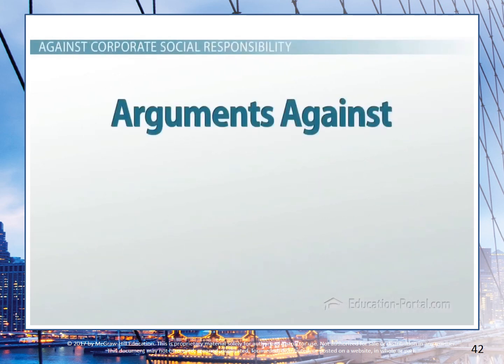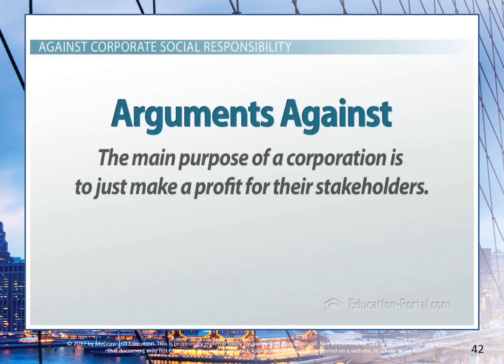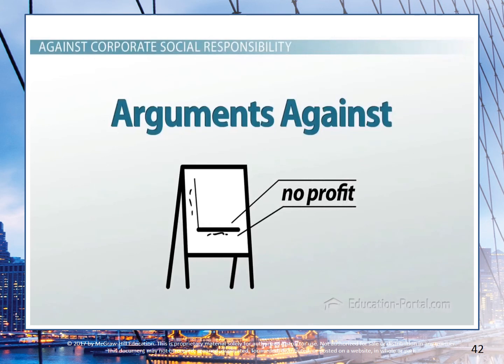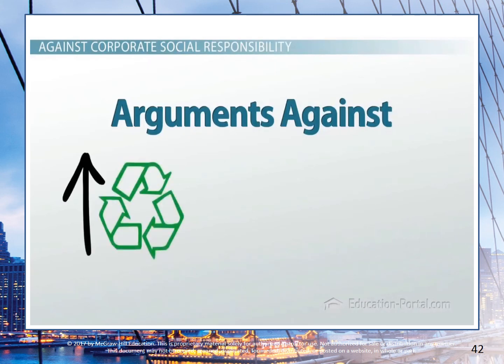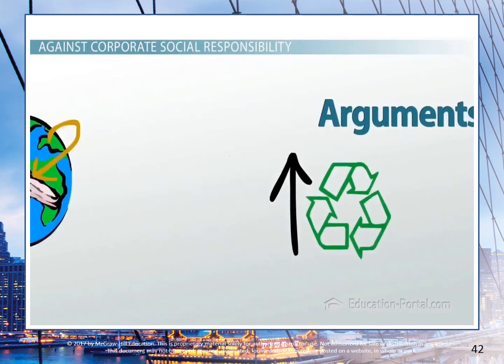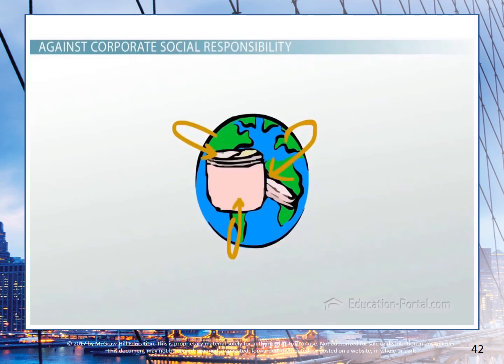The most common reason against social responsibility is that critics feel the main purpose of a corporation is just to make a profit for their stakeholders. Nonprofits should be the only institutions concerned about society, not a for-profit business. Critics state that for most companies to participate in a socially responsible way, they need to spend more of their firm's money, and in the end are costing their shareholders a profit. For example, if a company is going to import ingredients from a developing nation instead of using a well-known source, then the added cost